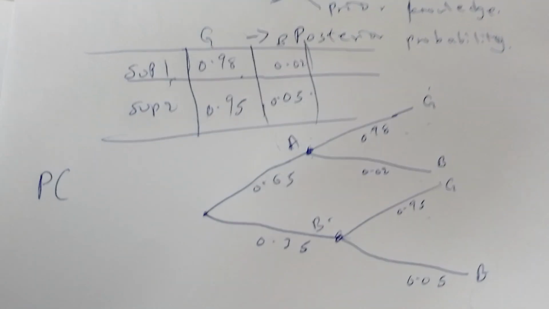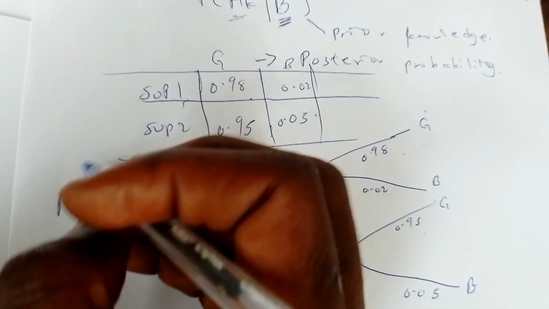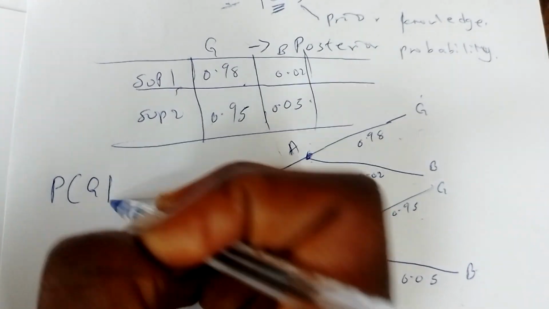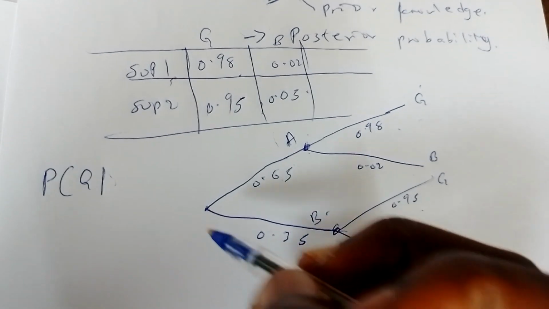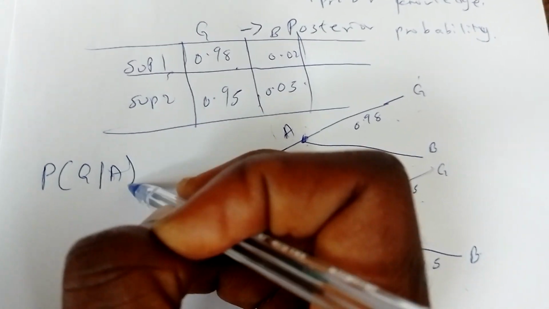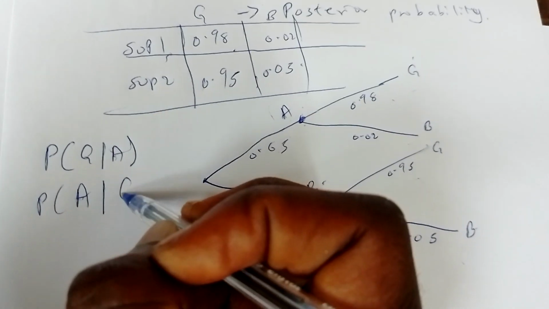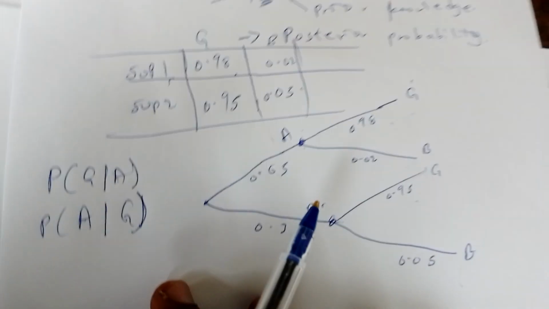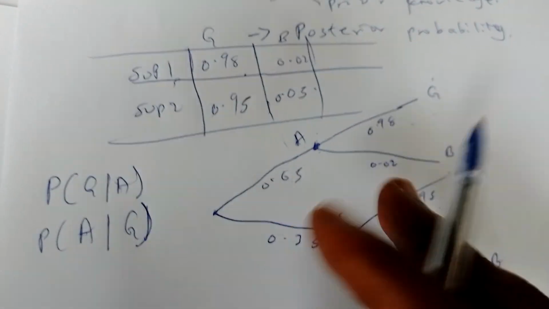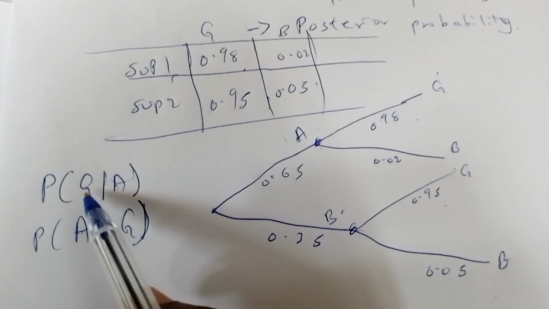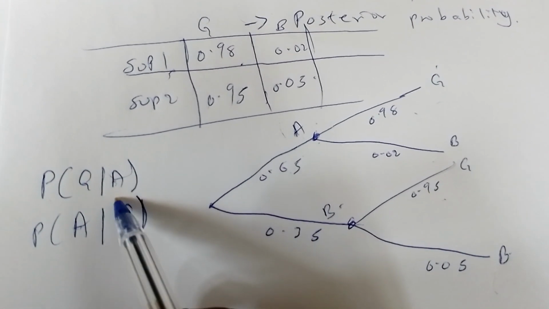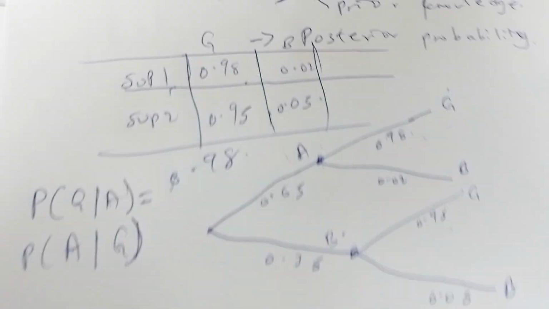So now that we've set the baseline, let's do some small manipulations. This is what I was trying to explain earlier. If they ask you to find the probability that it is good, given that it's from supplier A, this is not the same thing as this. These are very different things. If it's good given that it's A, then you don't really need to calculate anything. It's just this one. I hope you agree with me.